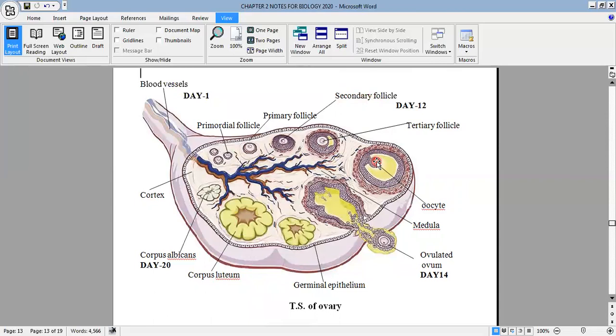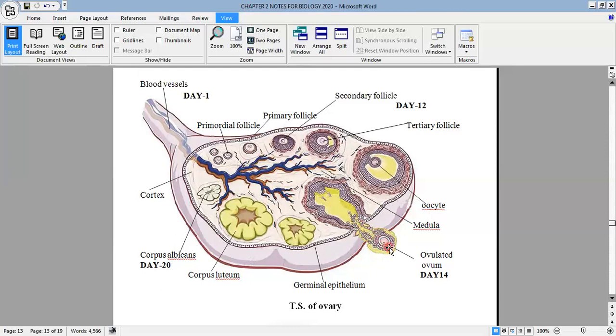It stops at metaphase. So you get a secondary follicle with a secondary oocyte which is arrested at metaphase, and then it forms here a Graafian follicle. This Graafian follicle now has a secondary oocyte arrested at metaphase, and this secondary oocyte arrested at metaphase is called ovum. Now, this ovum is released out of this Graafian follicle. This process is called ovulation. In detail, we'll be studying in the next answer. It comes out of the Graafian follicle by ovulation.